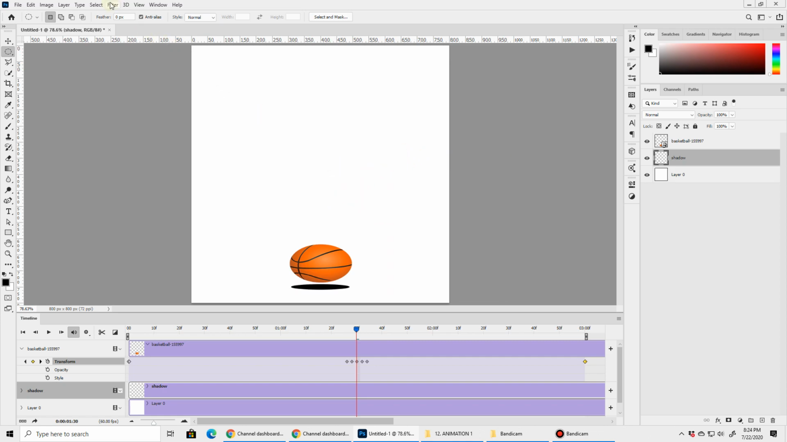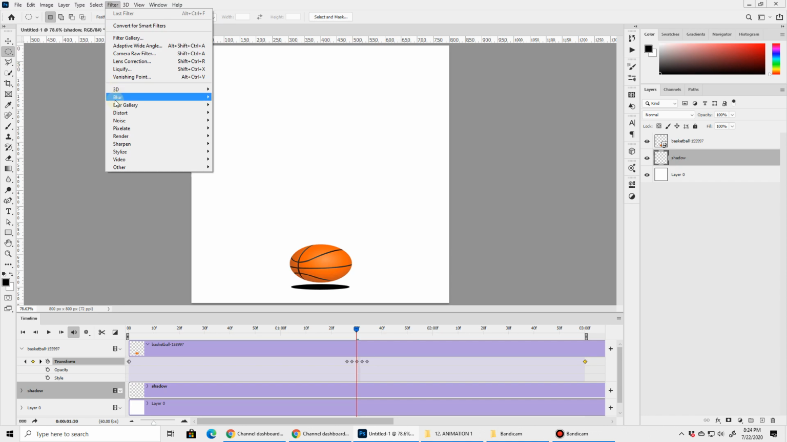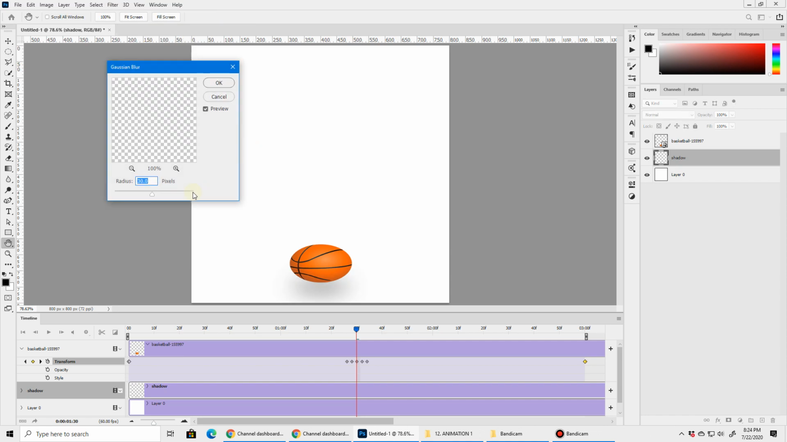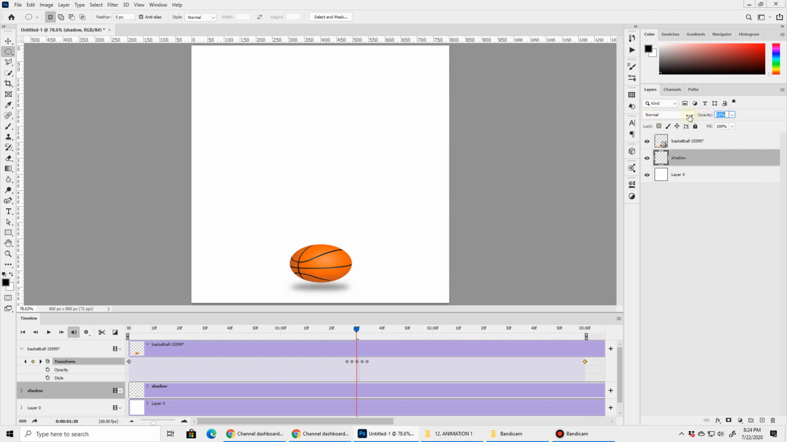Let's feather it out. Let's add a soft blur. Go to Filter, Blur and Gaussian Blur. Let's blur it to around 8 pixels, and the opacity is fine. Let's drag it a bit so that it matches with the ball. Yeah, that's fine. So what we'll do with the shadow is, as the ball moves, the shadow should also move